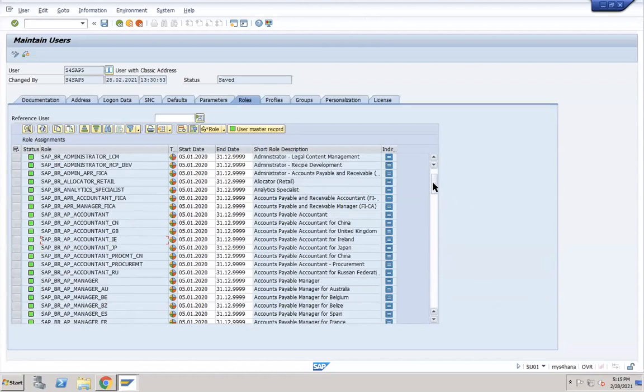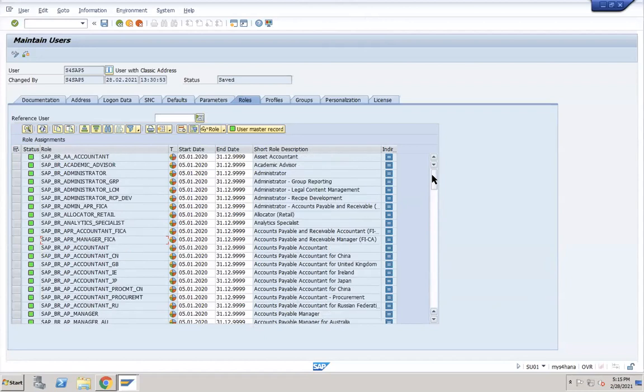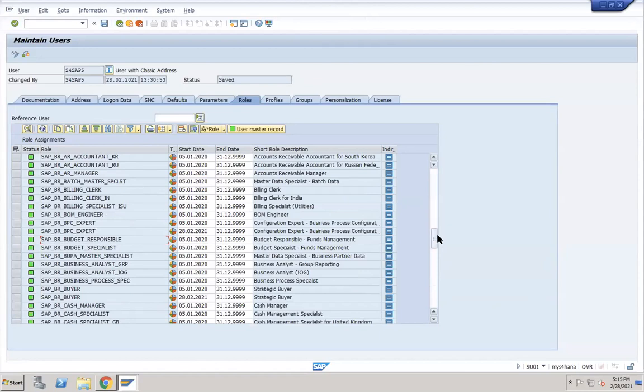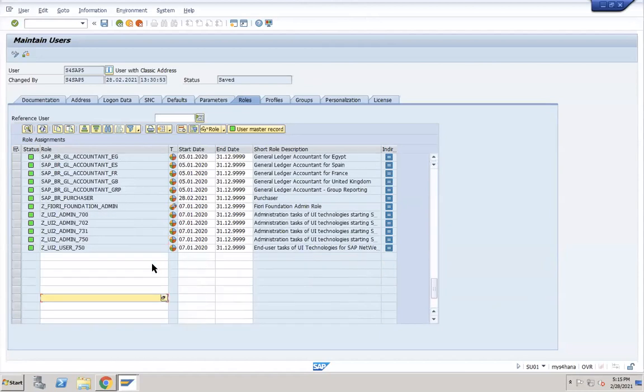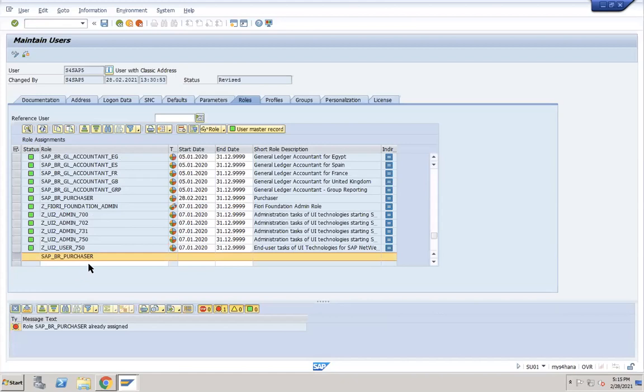For you, only a few roles are required: SAP BR, so SAP buyer, SAP BR underscore purchaser. If this BR purchaser is there, see, I have already assigned this one here. SAP BR purchaser. If this role is not there, means